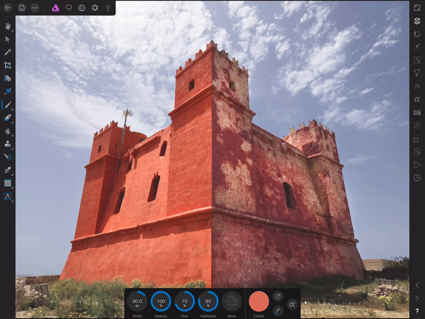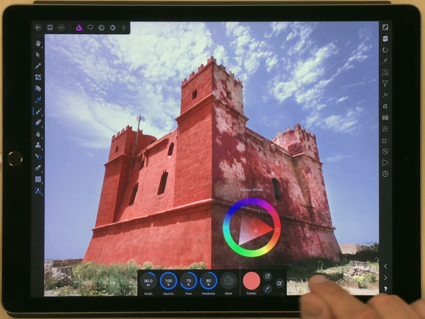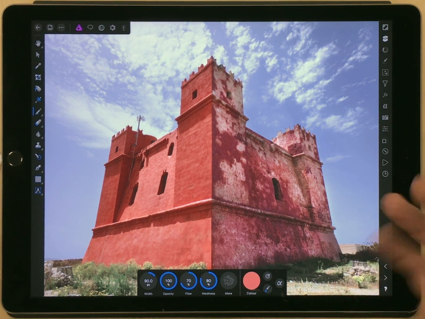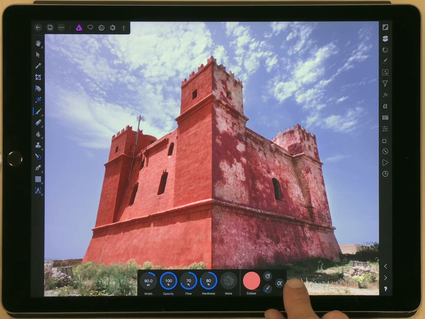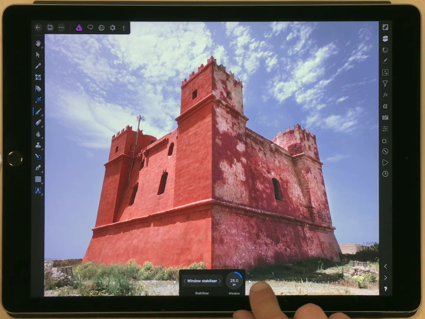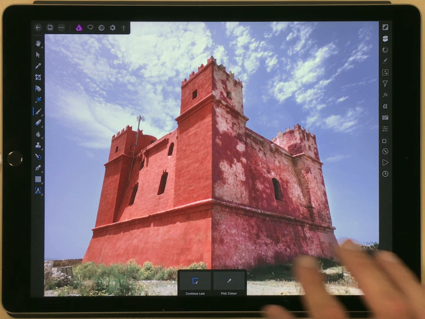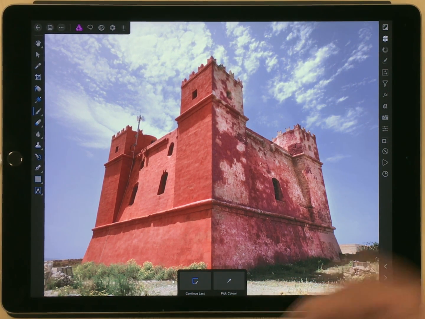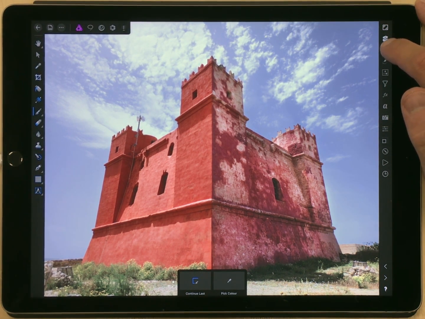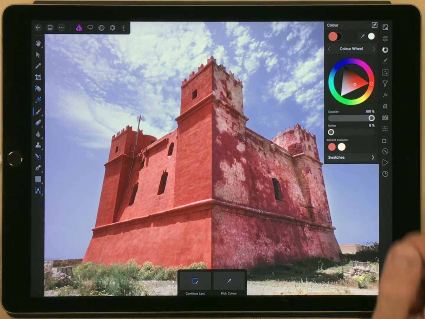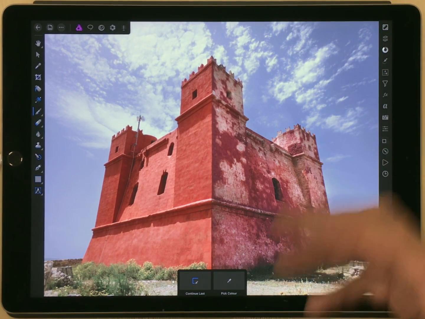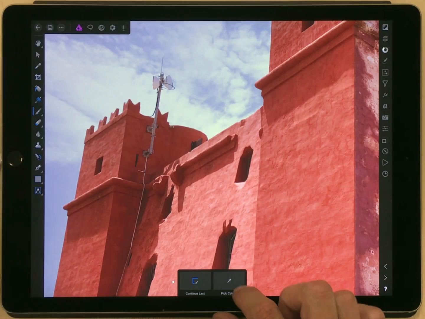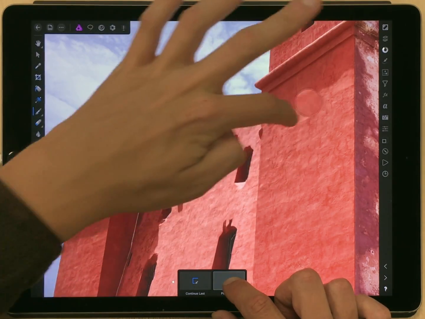Now, we'll see down here that I've currently got a color set from when I was editing this document previously. But one of the modifier options we have, if we just tap the disclosure icon here again and again to move between all the options and get to the modifiers, we have a color picker. So, as well as having a color picker on the Color Studio over here, if we're in the heat of the moment, as it were, you can simply just use a modifier to pick a color as